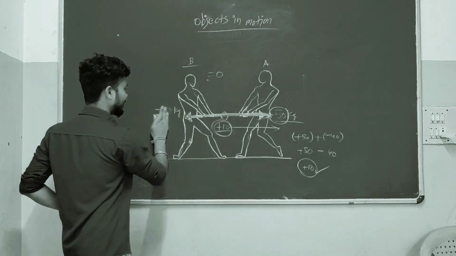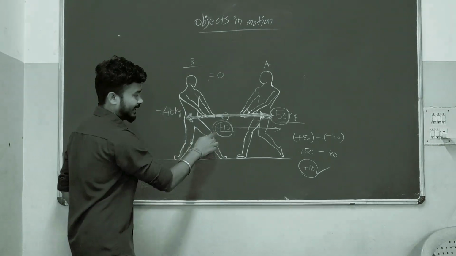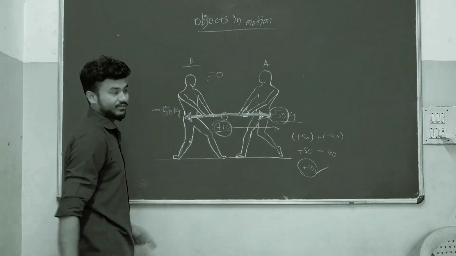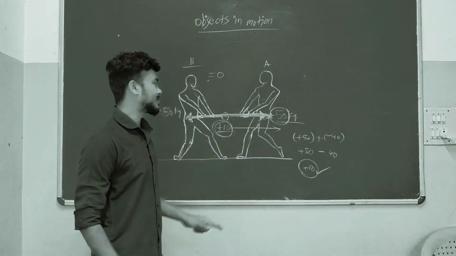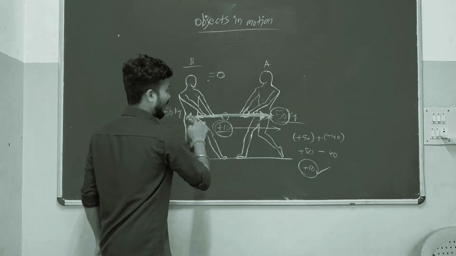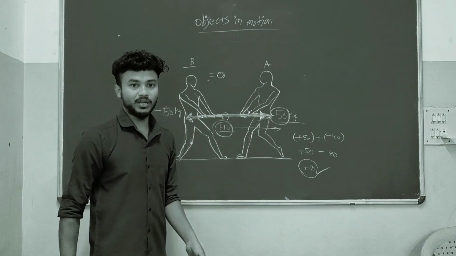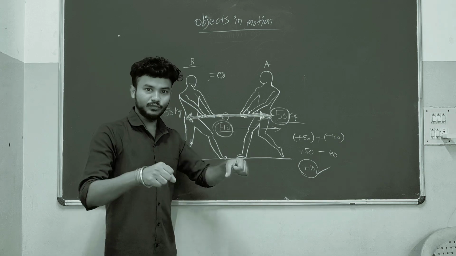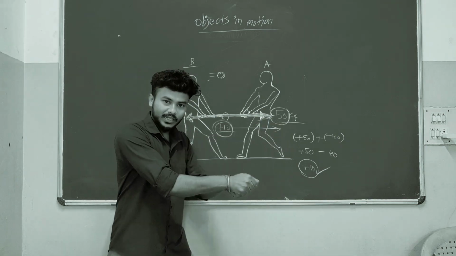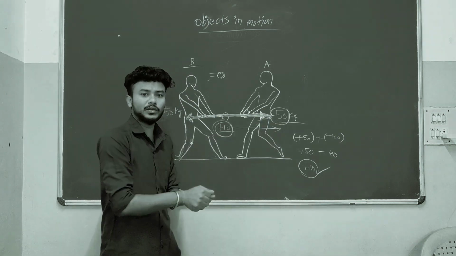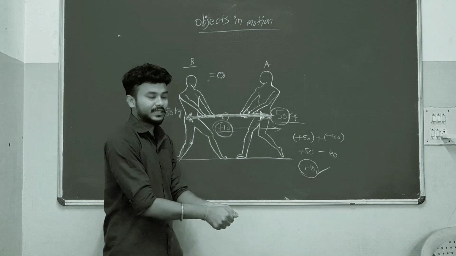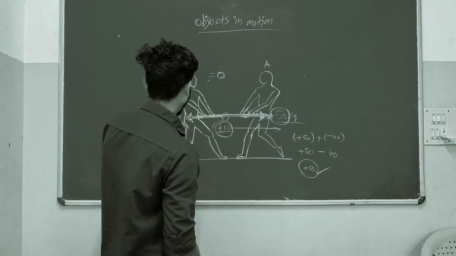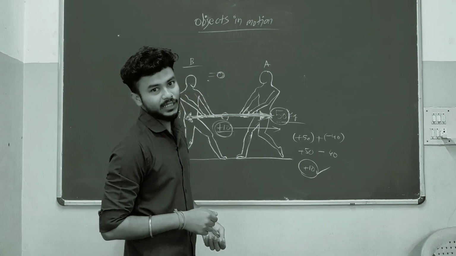In the earlier case, when it was minus 40, we got a positive. If it is minus 50, it is minus 50. The resultant sum of these two forces will become 0. Now the rope will be in equilibrium. According to Newton's first law of equilibrium, the rope will be in equilibrium because of the two forces acting on it. He is also pulling with his strength, and he is also pulling with his strength. If these two persons' strength is the same, the rope will stay there, stable. Now these are objects in motion.